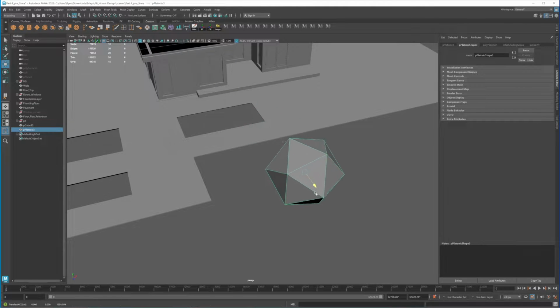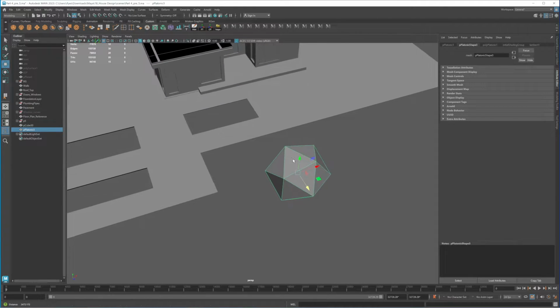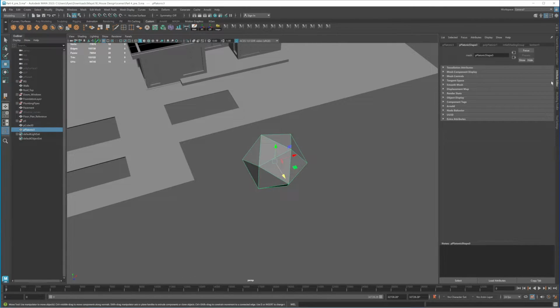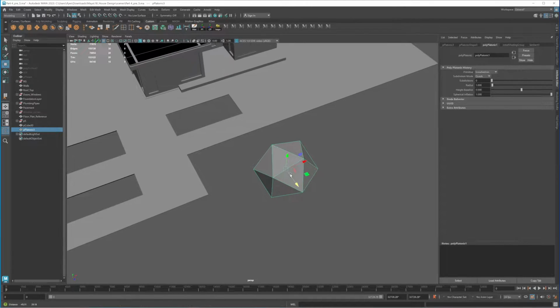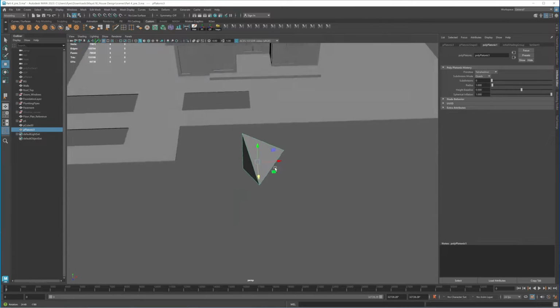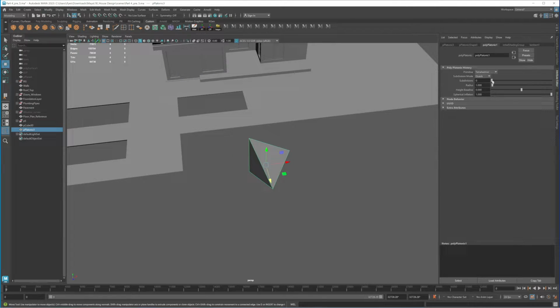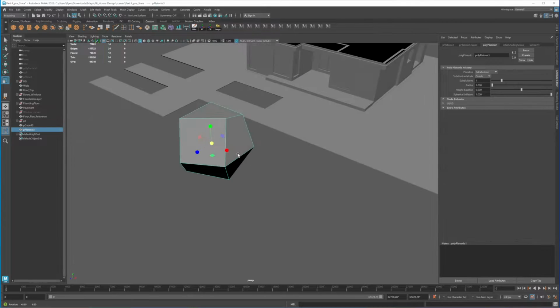Maybe bring it out a little bit just so we have it right there. So the next thing we're gonna do is let's go to the attribute editor and come in here to right here, and what I'm gonna do is I need to change the setting here to these tetrahedrons, and also increase my subdivision to like 1, and I think I also need to increase this a little bit more.